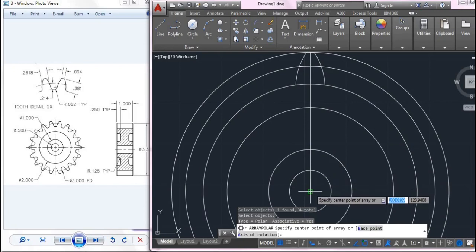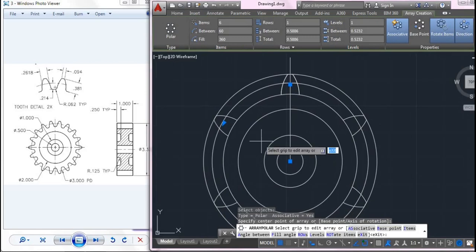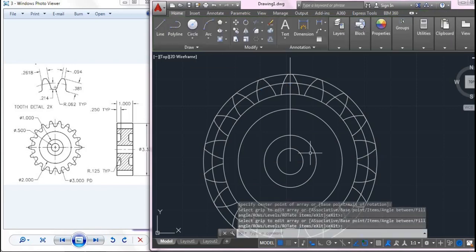I'll select this as my center point. Then now you can see the array has started. So here I will be specifying 18. Why? Because the total count around this is 18. So I have given 18 here. I'll give enter. Then you can see the profile like this.